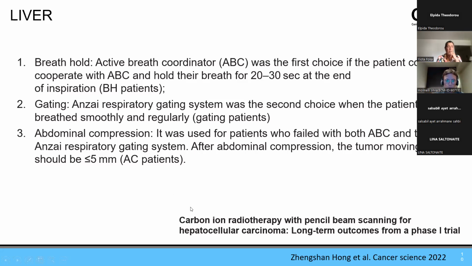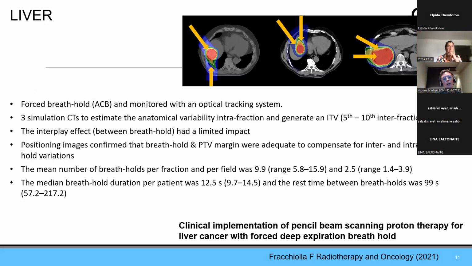If this was not possible for the patient, they were using abdominal compression, which is a mechanical system that compresses the abdomen of the patient and reduces the breathing motion. Now, this is a study from the group of Trento, from Francesco Fracchiolla,